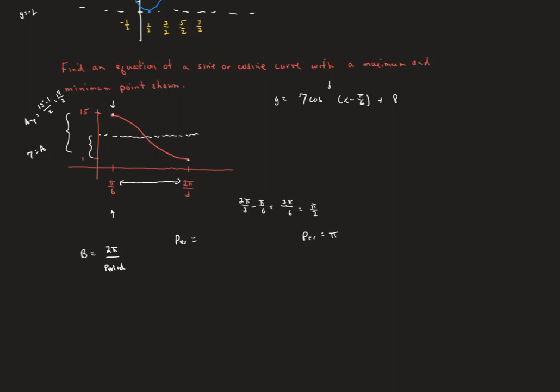So our period is pi, and that means our b is going to be 2 pi divided by pi, which is going to be 2. And that tells us to put a 2 there. This is one, but not the only correct answer to that curve. All right,